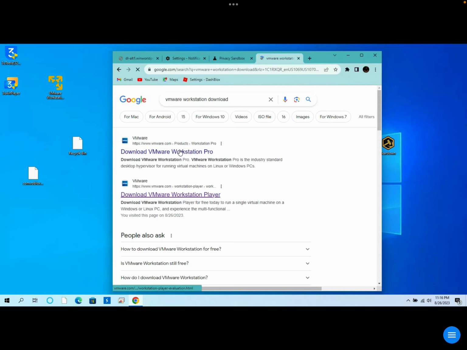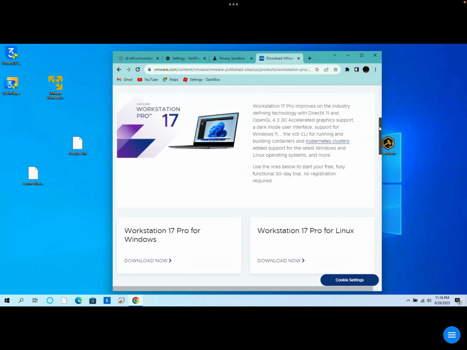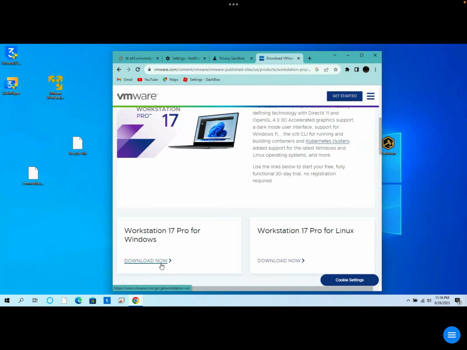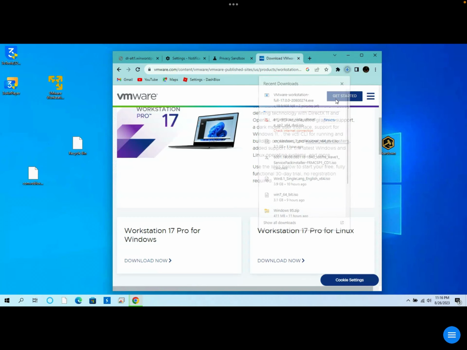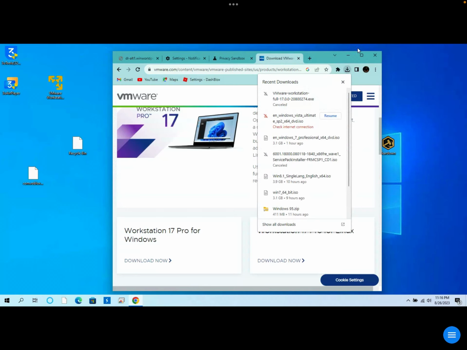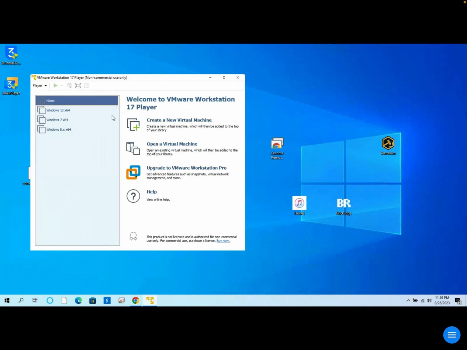Once you do this and press this, this is the Pro version, and you want the free version, right? So we're going to go down here, and then go download now. I actually already downloaded it, so I don't want that to download. Okay, and once it's done loading here, you're going to want to